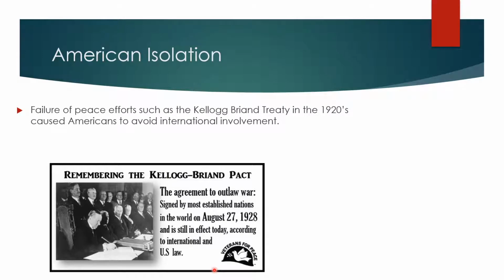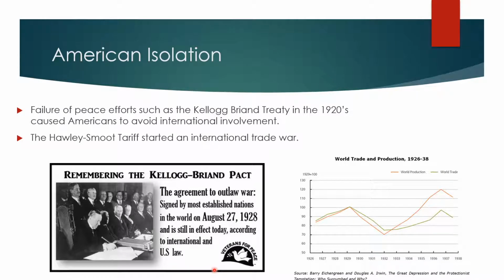At the time, the U.S. was also moving towards being an isolationist nation. After the failure of the Kellogg-Briand Pact, the Kellogg-Briand Treaty, where they outlawed war, the United States started to take a step back from being an international presence, and this only escalated after the stock market crashed in 1929, and the U.S. then passed the Hawley-Smoot Tariff in 1930, which essentially ended international trade.